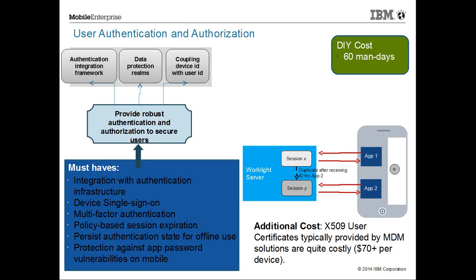I need to ensure that there is a robust authentication framework, which can give me multi-factor authentication, so that there's no ambiguity on who logged in at what time. It can give me a device single sign-on. So let's say there are 3 different systems in the backend. I don't need to worry about logging in 3 times